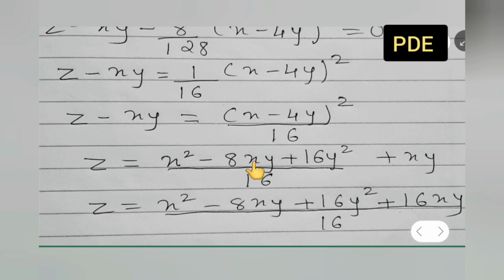So I will get x square minus 2 4s are 8xy plus 4 4s are 16y square upon 16 plus xy. This xy is positive xy. I have taken it towards the right side, so it will become positive. First it was negative, okay. So z is equal to (x square minus 8xy plus 16y square) upon 16 plus this you all have to multiply with this also. So you will get 16xy upon 16, minus 8xy plus 16xy. Plus xy plus 8xy, right? We will get 16 minus 8 is nothing but 8. So it will be 8xy.